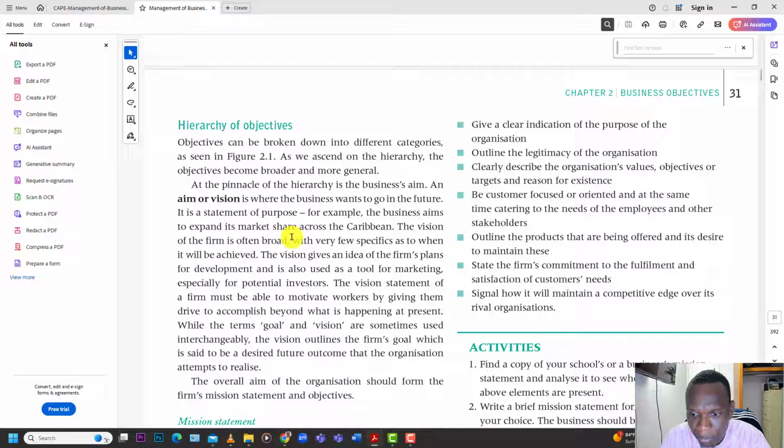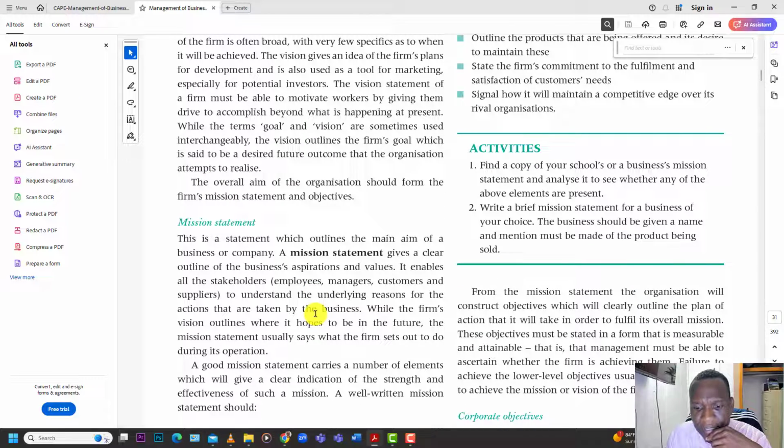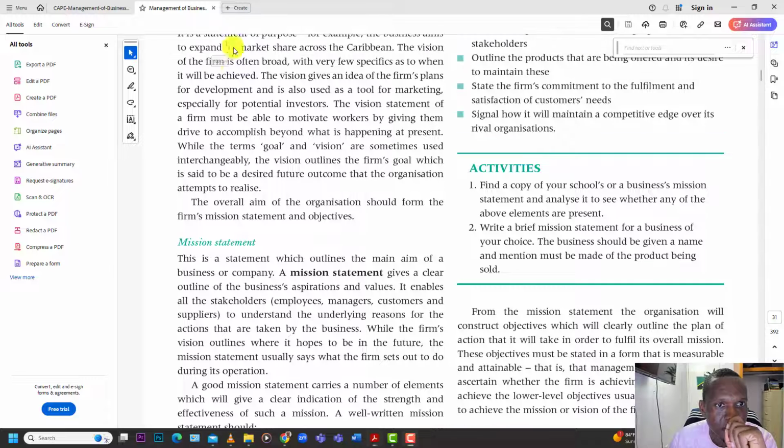Signal how it will maintain a competitive edge over its rivals. So your mission statement has to be crucial, because this is what drives you beyond the vision. The mission is telling you how we plan to achieve this vision. So we have to really understand how important the mission statement is. It informs, it tells you how we're going to accomplish that vision by outlining your purpose,